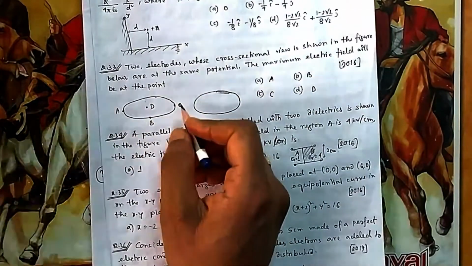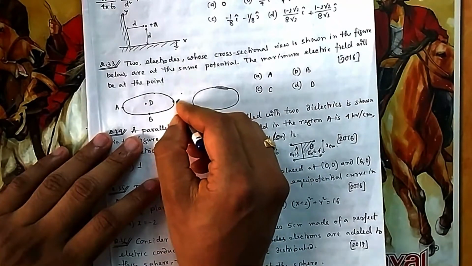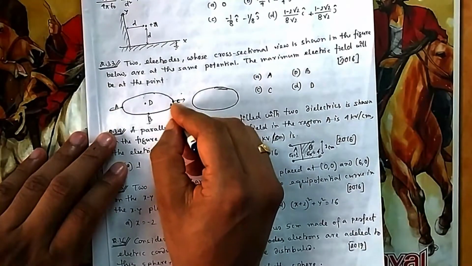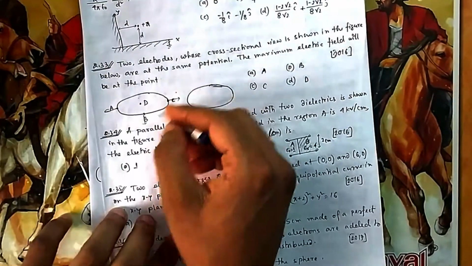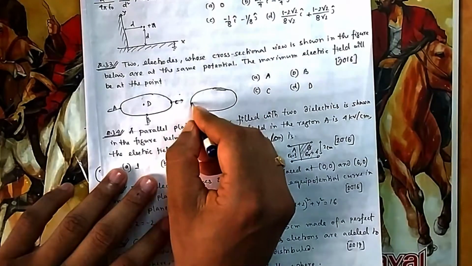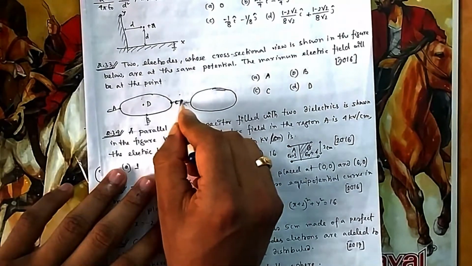field, because there is no change in potential, so no tangential field. All the electric fields will be coming out of it, because if you move along this path there will be no change in potential, as they are electrodes, conducting material. So the electric field will be coming out of this, and from this side also. So at C it will be balanced out, because of this side and this side.